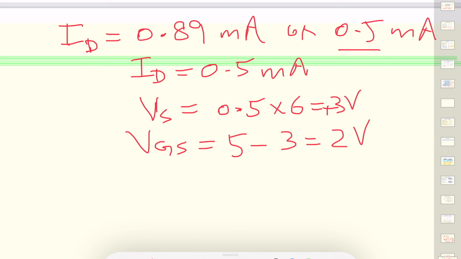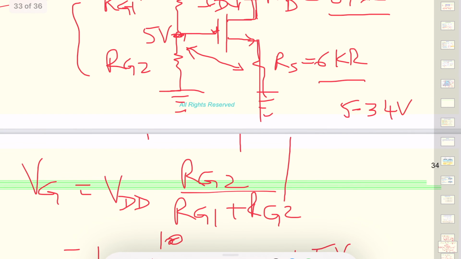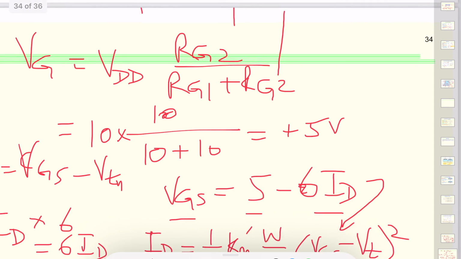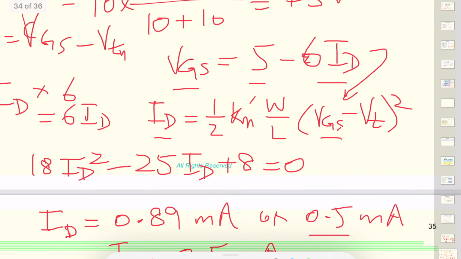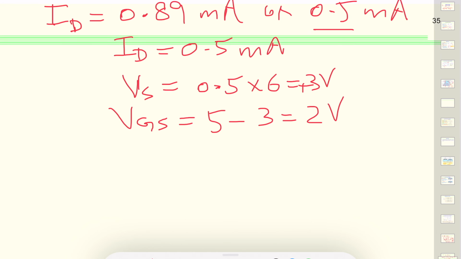Now if we want to find our drain voltage, which is on the lower side, this one, we can take the drain,